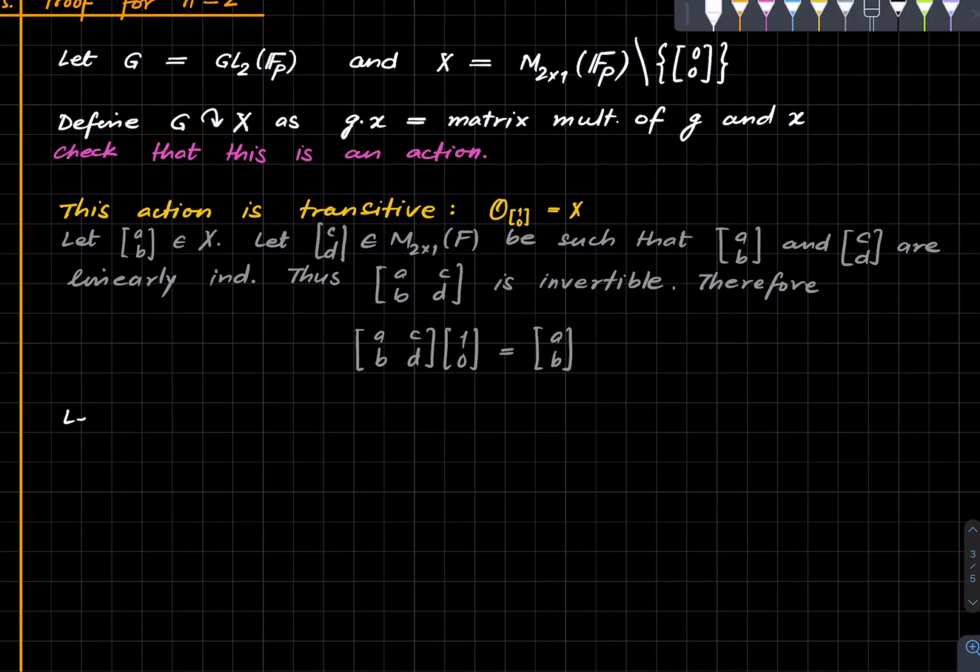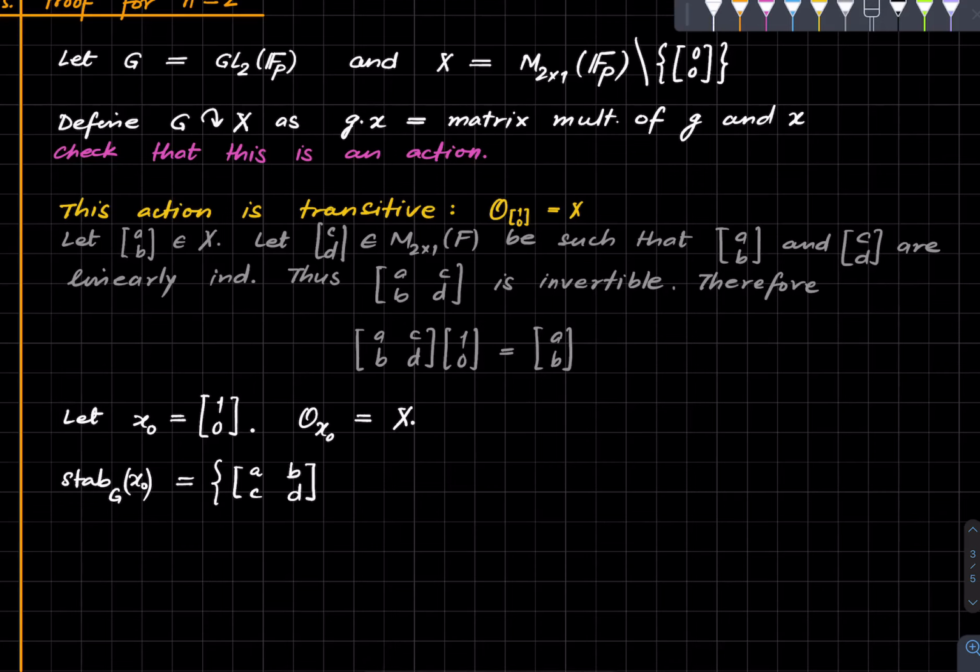Okay. So let us have a convenient notation for this particular 2 cross 1 matrix. This is an element of X, and we'll denote that by x naught. What we've just noticed is that the orbit of x naught is everything. And now what is the stabilizer of x naught? The stabilizer of x naught is those matrices, now do not confuse, let me not use this notation, maybe I'll use alpha, beta, gamma, delta, those matrices in GL2(F_p)